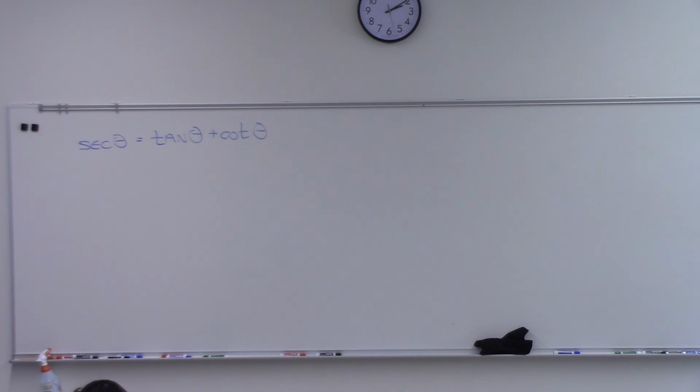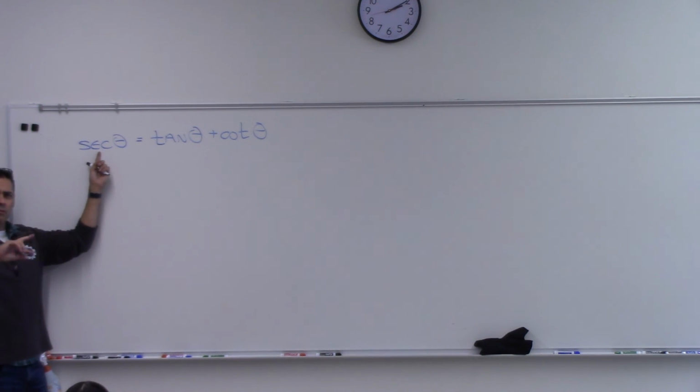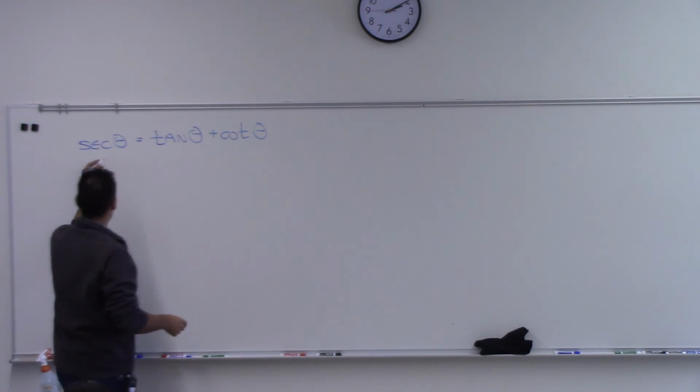So far, we've been pretty successful with getting everything in terms of sine and cosine, haven't we? So I'm going to try and get everything here in terms of sine and cosine. Secant is what flipped over? Cosine, right? So I can rewrite this